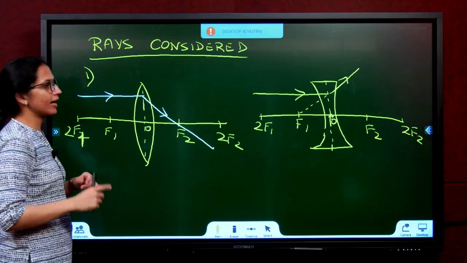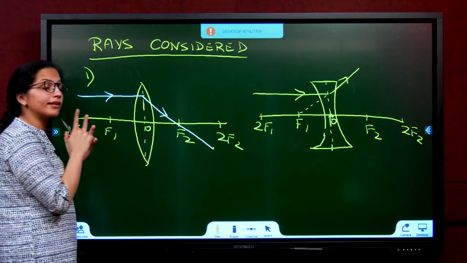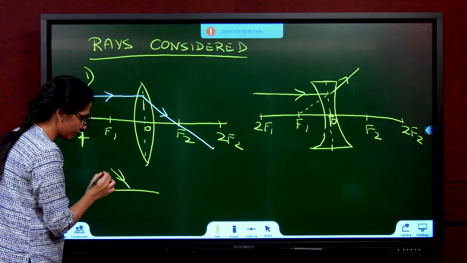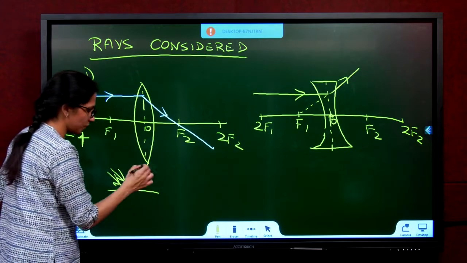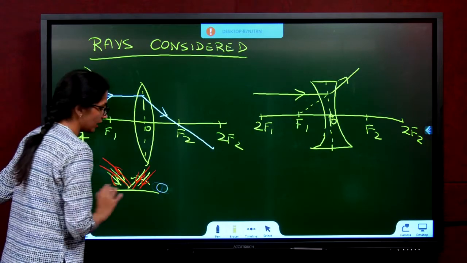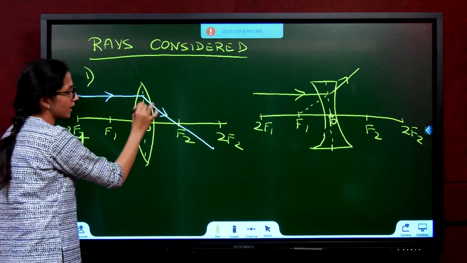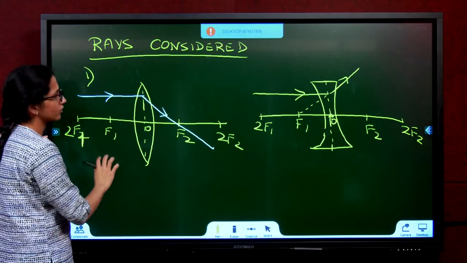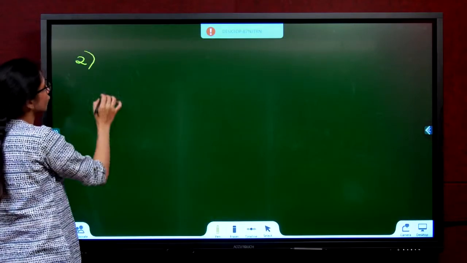Now moving on to the second ray, how do we get the second ray? Just like how we took this. I told you in the case of mirrors, if I have light here and I put the light, it will go here. Now if I take the same torch bulb and I put it this side, can I say the light will come here? Yes, definitely. So light has the property to retrace. So because parallel passes through focus, can I say if a ray passes through focus, it comes out parallel? Definitely. So this brings us to our next type of ray considered, the ray passing through focus.